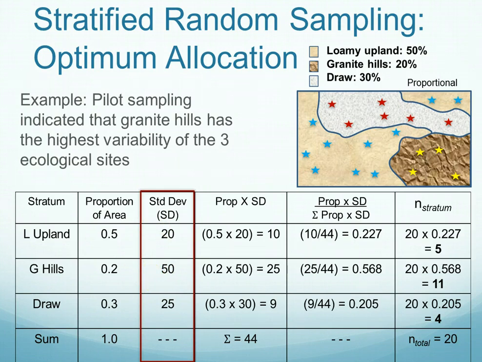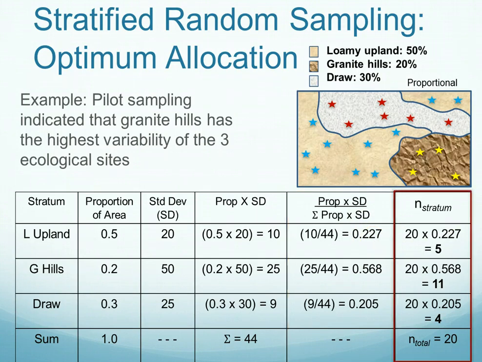We then multiply the proportion of the area by the standard deviation. That gives us a value that we then sum for the area, and then we take this weighted proportion and divide that by the sum for the area to come up with a weighted ratio. We then multiply that